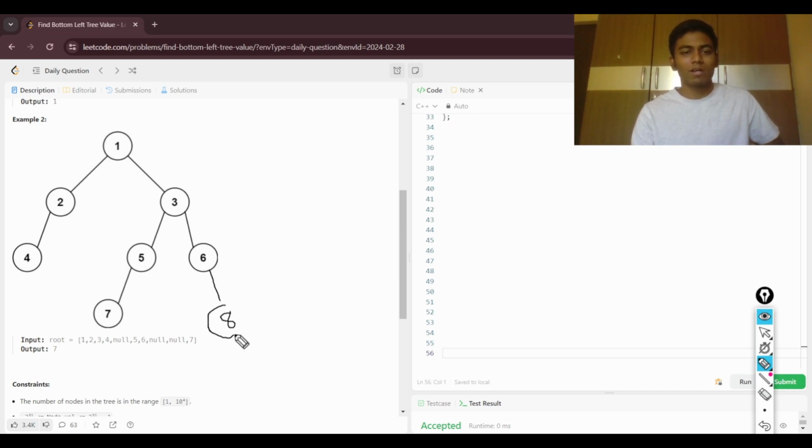And then let's say we'll start from the right. The maximum height is going to be 0 at the starting, and the height at this particular point is going to be 0, and then we'll call the right child. At this particular point, the height is going to be 1,